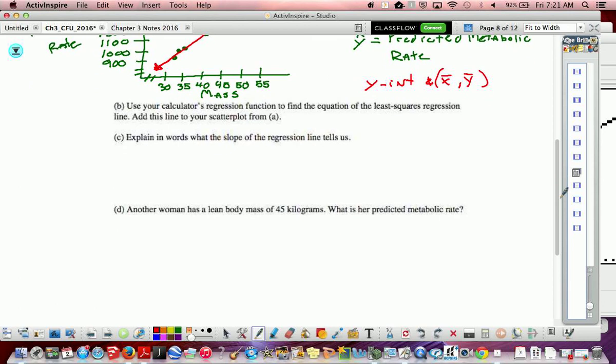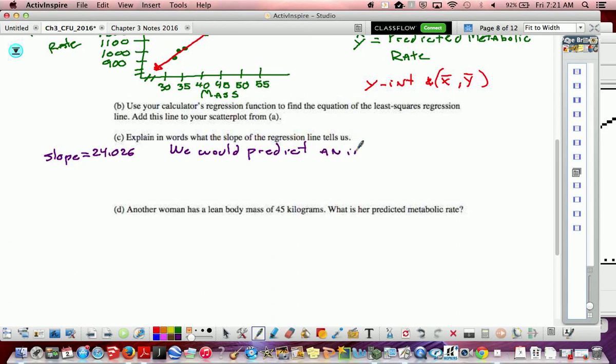Part C says explain in words what the slope of the regression line tells us. Alright, so first of all, slope is the number in front of x. So my slope, in our case, if I look up top there, was 24.026. So every increase in x, this is what y is going up by in our prediction. So we would say something to the effect that we would predict